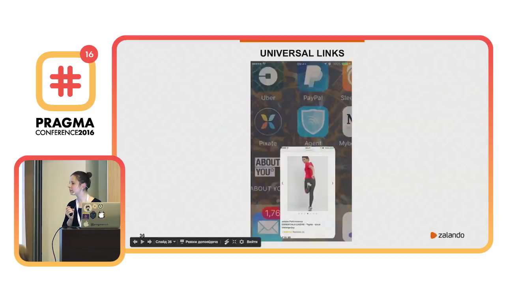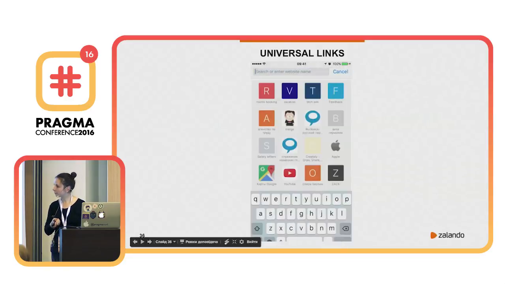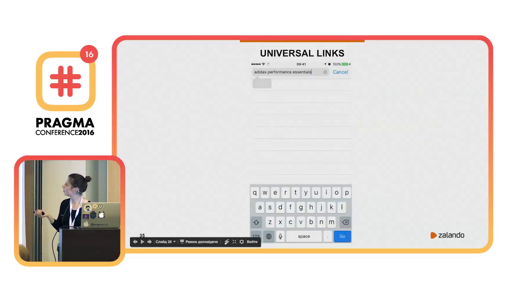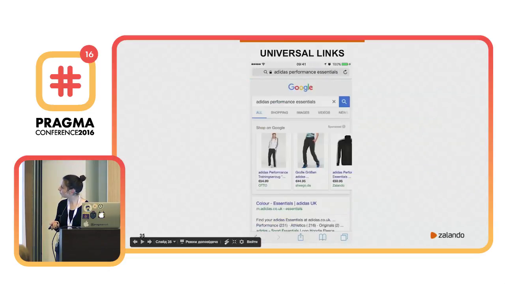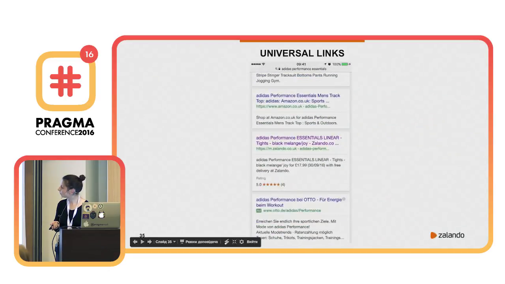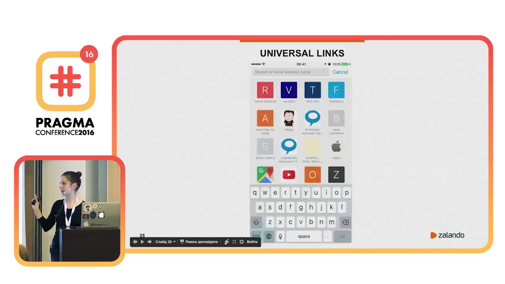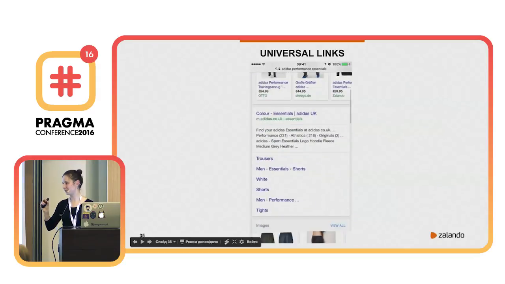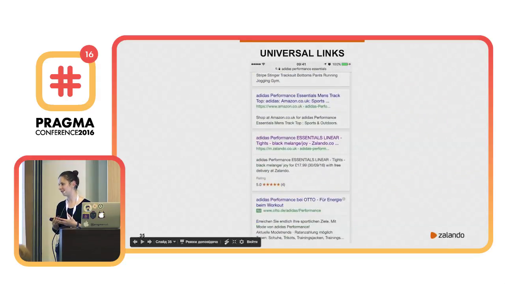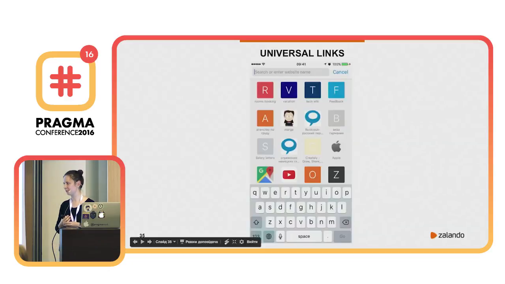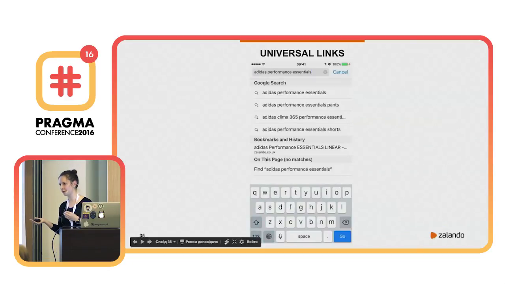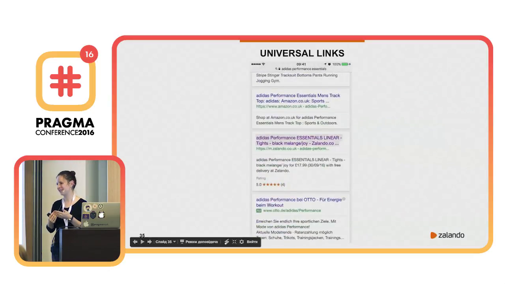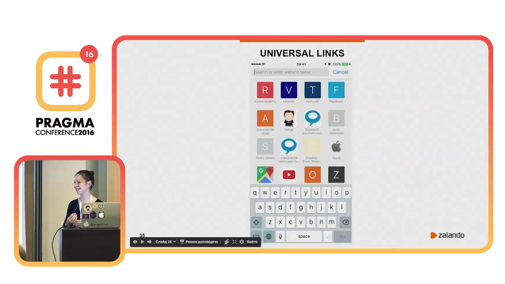What do you mean, going to Adidas and then type? Previous screen? Yeah, side view. This link is a Zalando link. It's not Adidas. From an Adidas link, you would probably go to the Adidas application if they have this handling. But our goal is not to put users on the Adidas website or in the Adidas application. The goal of our application is to move them to Zalando, so they buy from there. So it doesn't make sense for us to handle that.